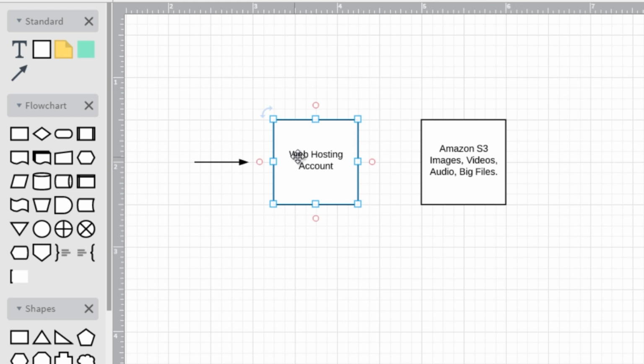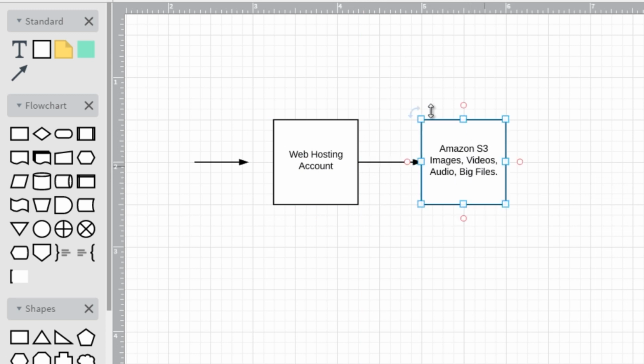So actually what happened was we had a dedicated server, and we actually moved down to a cheap $50 per month virtual private server. So now what we do is we use that as a virtual private server, meaning that what other people do does not impact our actual account. So now we have a cheap web hosting account, and we link the images, the videos, the audio, and the